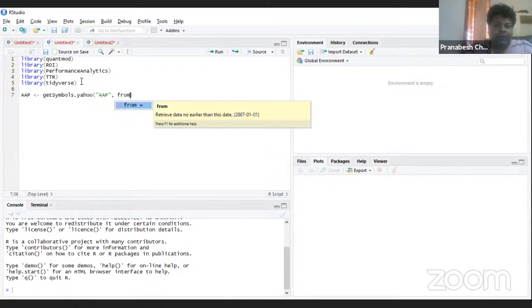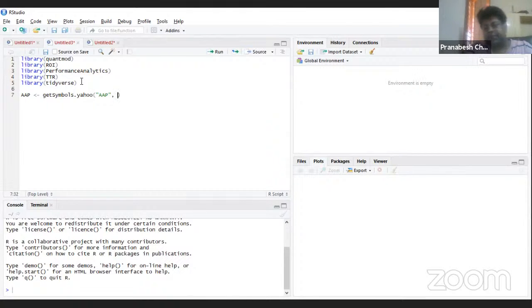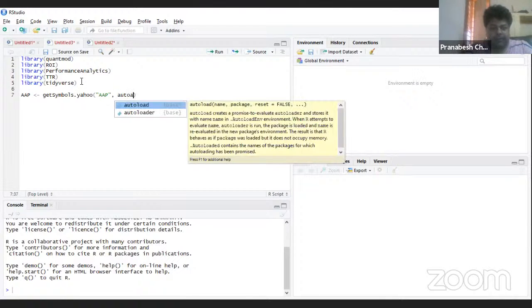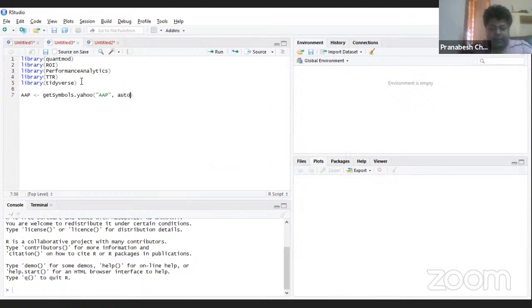now let me not use this. I will show you another way in which we can subset our data with respect to a given time period. I will not use this. I will just use auto.assign, auto.assign equals to F, and